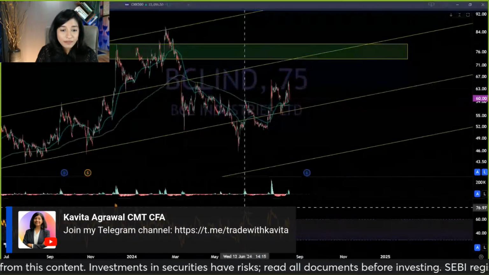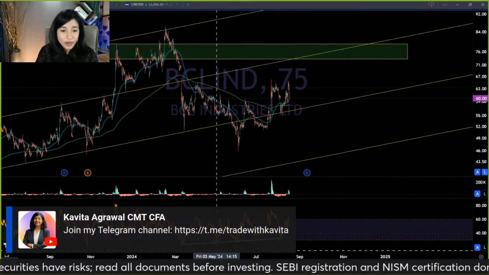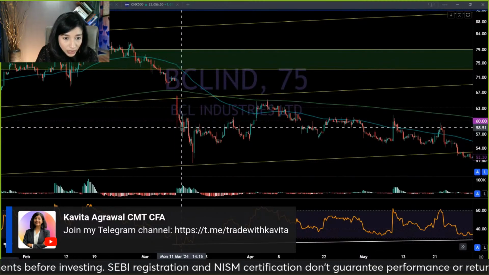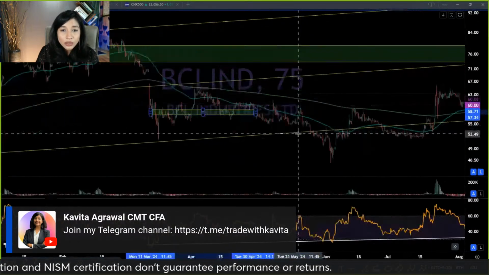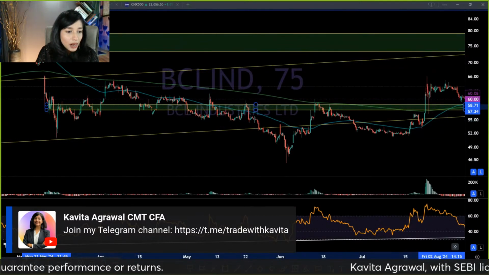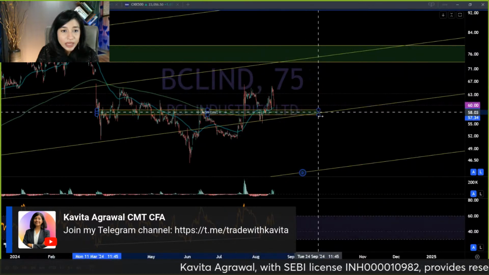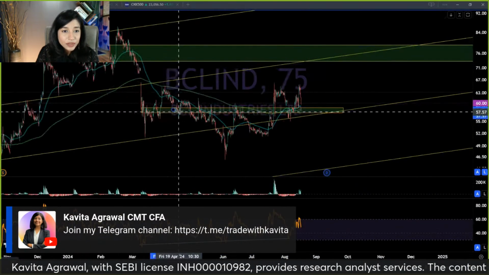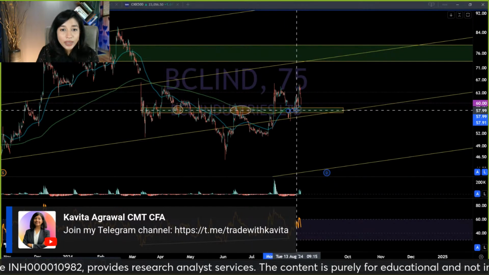What is the 75 minutes saying? 75 minutes is showing us that a positive divergence was forged after the stock bottomed out in terms of momentum. So the momentum bottomed out here on the 75-minute, right? So we'll turn that orange. On the 75-minute, you can see how this level has repeatedly acted as first support, then resistance, now again support.